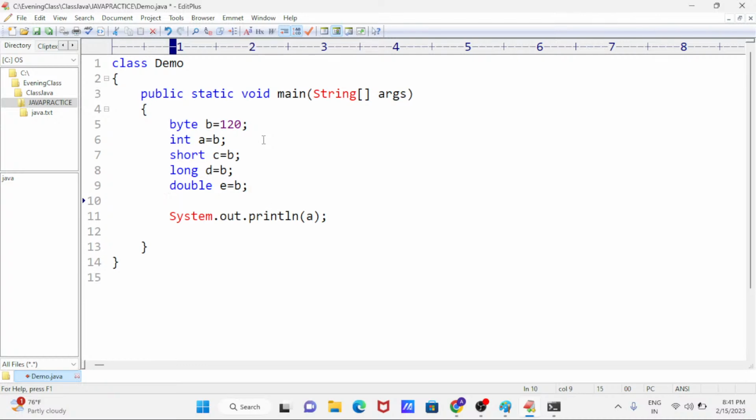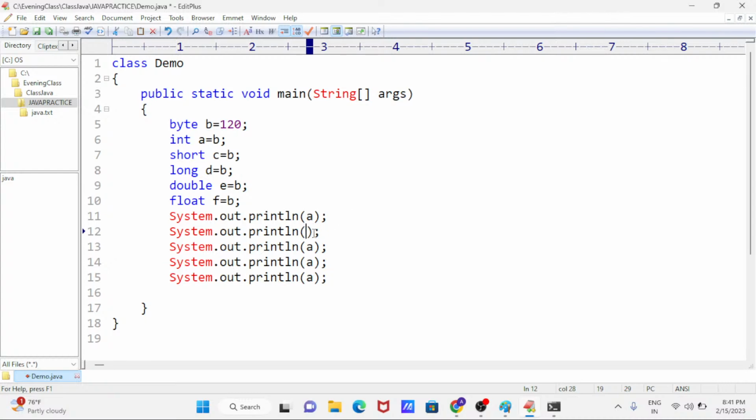Next, float also, double also. Float f equals b. Any problem? No. This process is all the conversion of primitive data types.